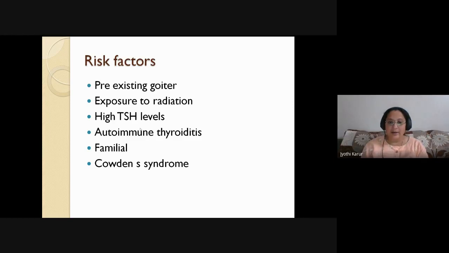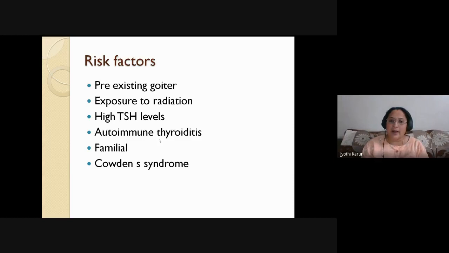We'll be looking at this in detail. And presence of autoimmune thyroiditis. Can anyone name a few autoimmune thyroiditis? The most common is? Hashimoto's thyroiditis. Yes, Hashimoto's thyroiditis. We are picking up more and more cases of Hashimoto's thyroiditis. As soon as you diagnose any hypothyroidism, you immediately ask for anti-TPO antibodies, and they are coming in high titer. That means the person probably has Hashimoto's thyroiditis. So autoimmune thyroiditis might also predispose to certain cancers.